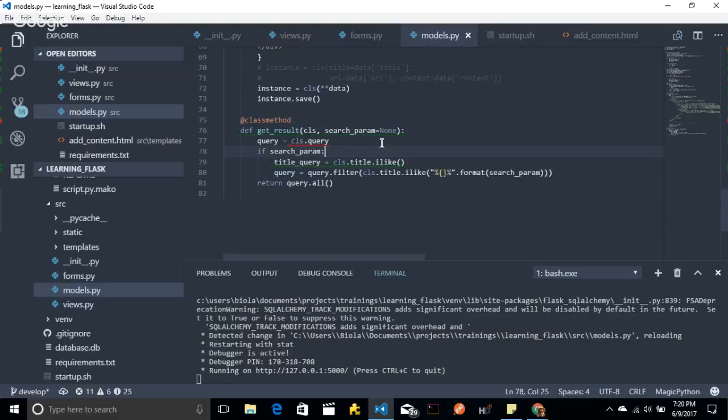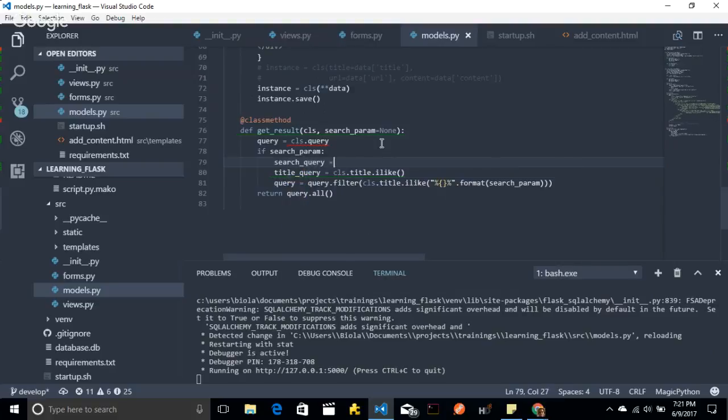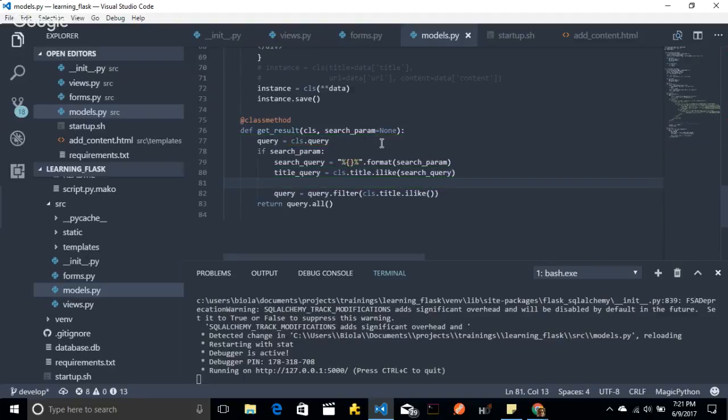Let's just create this variable. Search query is equal to, copy out this variable, Control X, Control V. Okay, so I like search query, and the content query is equal to cls.content.I like search query. Now the final query is going to be